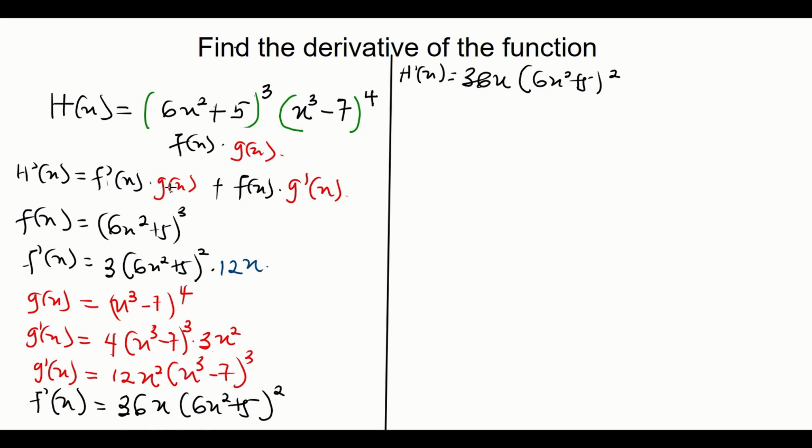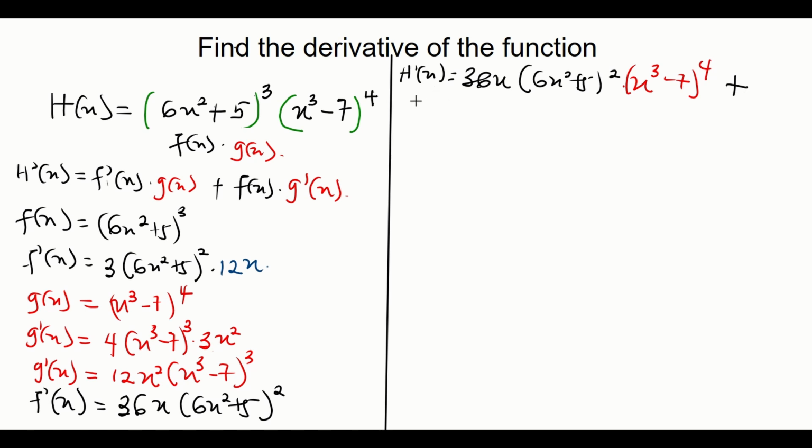Multiplying g of x. What is our g of x? My g of x is the whole of this guy, which is x to the power 3 minus 7, all to the power 4. Now, we add all of that to,